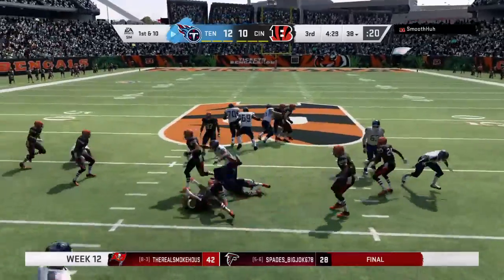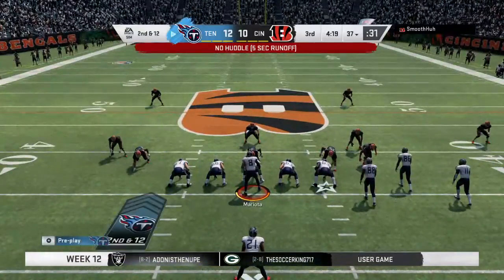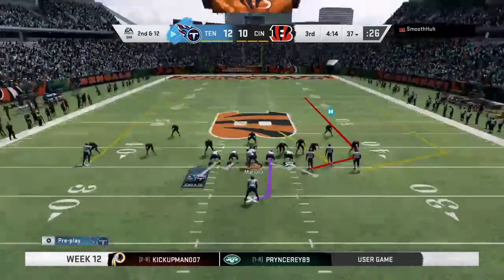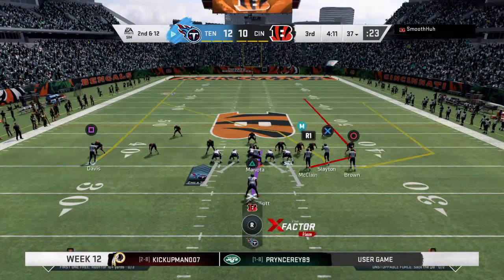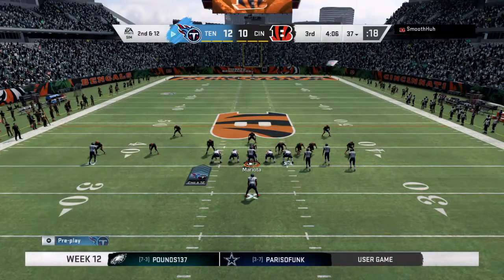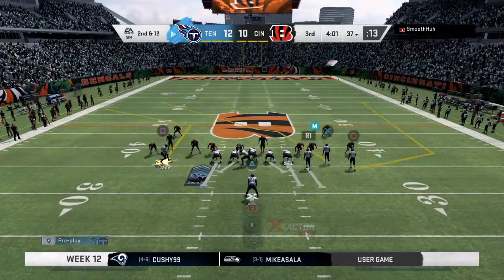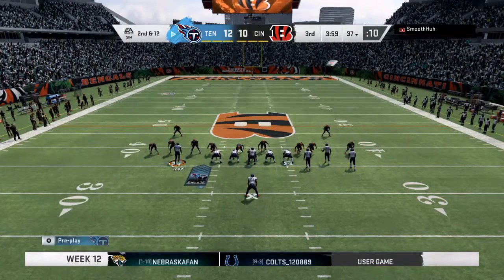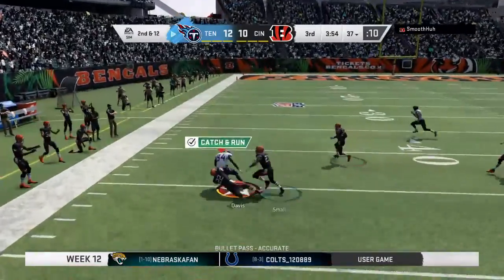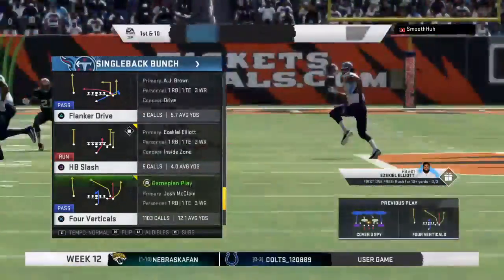Now Elliott. And this has been a familiar sight all afternoon as they stop him behind the line. It's a loss of 2 there, bringing up second and 12. Switch gears. One. Whip. Three. Check safety. Motion. Three. One. On 2nd and 12, Mariota. It's caught by Davis. And he's got another first down